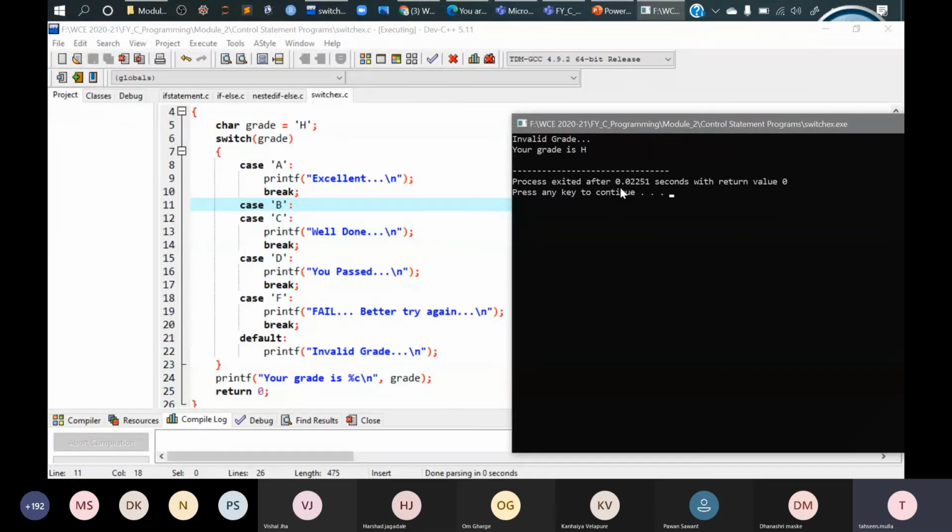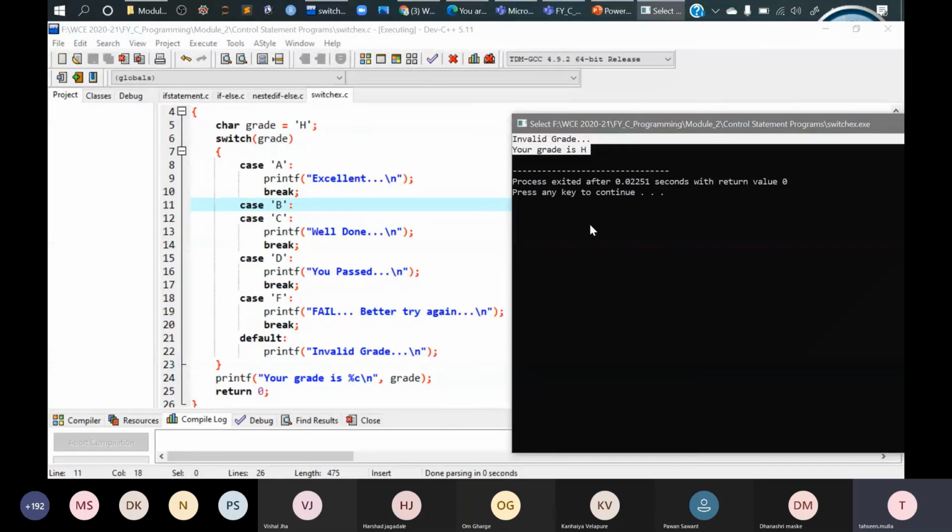See, now it is giving invalid grade. Which letter did we enter? H. So your grade is H. H does not represent any grade. So the last grade which a student gets is F. Other than A, B, C, D and F, anything that is entered will be invalid.